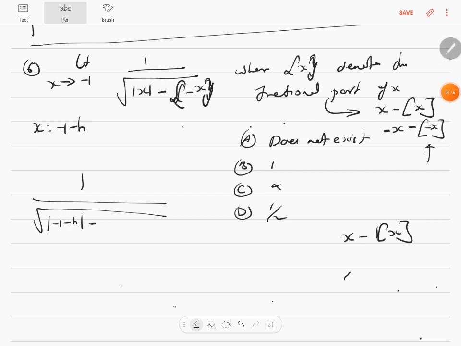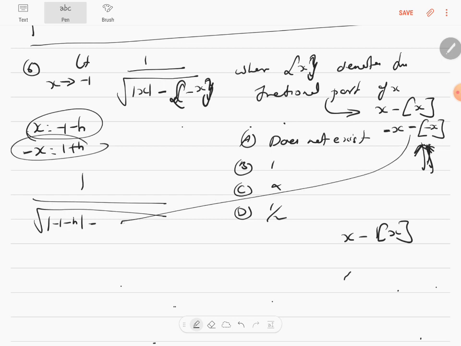So now you have to substitute minus x. You have to find what this is. You know, x is equal to minus 1 minus h. So minus x will be 1 plus h. So you're going to substitute in the place of this, this is the value, and instead of minus x you have to write. So basically this is what is going to come here in replacing the floral bracket, and when you write that,